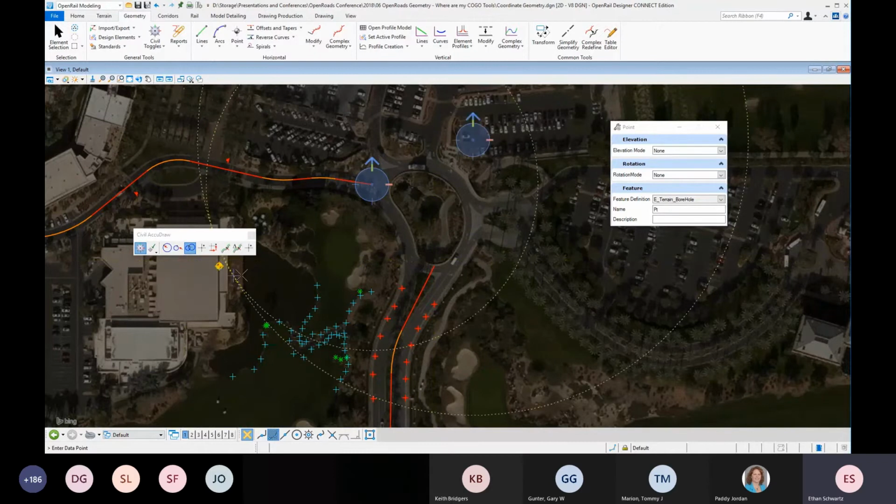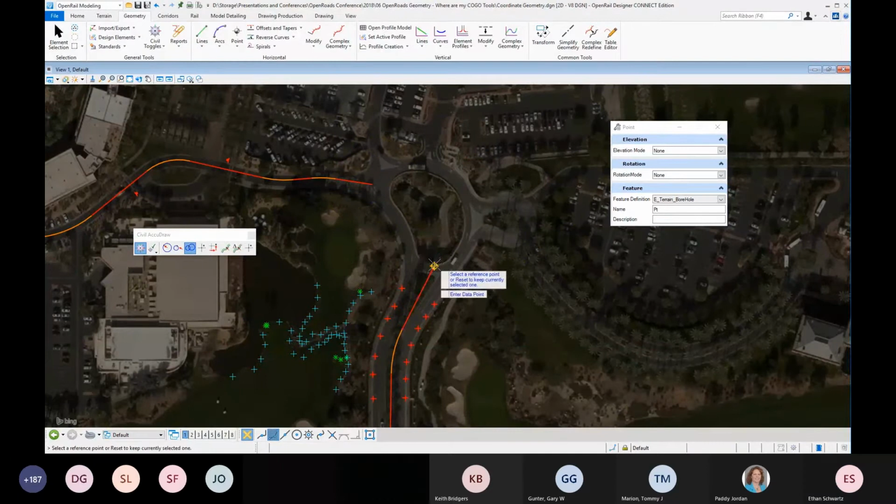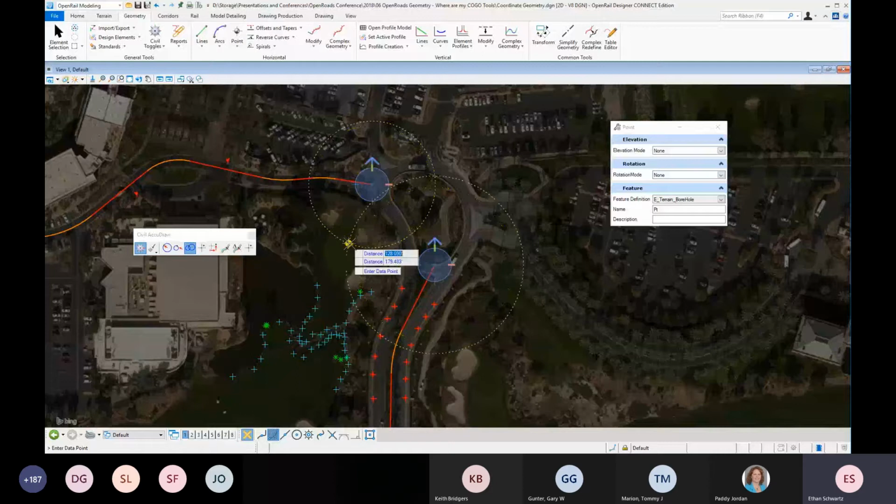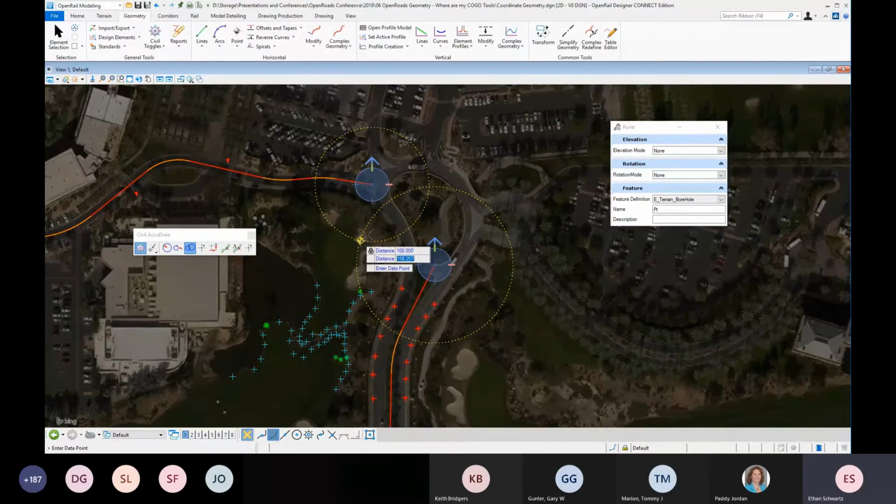We have a distance tool. I can set one origin to one spot, and I can come over and set another origin to another location. Now I'm looking at the two distances simultaneously. If I key in a value for my first distance, let's say 100, that'll lock that in. Now I can only move on that radius. And if I key in another offset for my second offset,